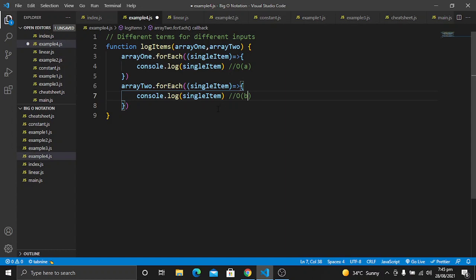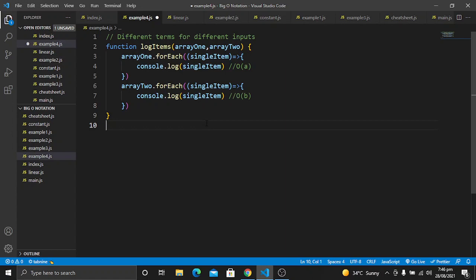If we have three different inputs, we can use three different terms. These terms can be anything: x, y, z, a, b, c, or e, f, g. Whatever terms you want you can use here. The main idea is that we have to use different terms for different inputs.